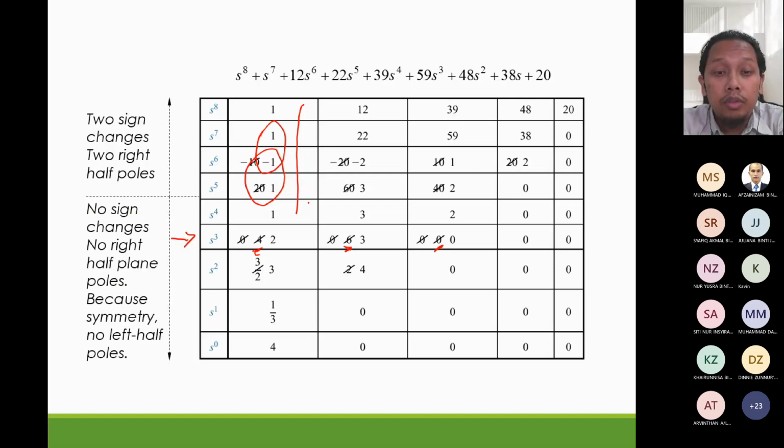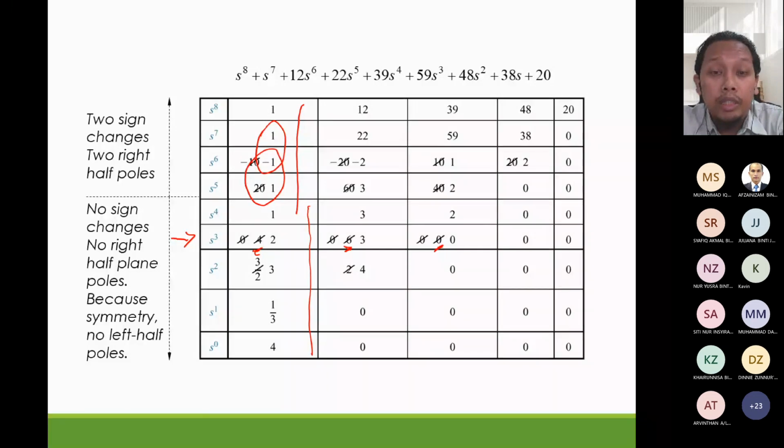And then for the remaining rows from S4 until S0, there are no sign changes. So usually this is because after you encounter 0, there will be no sign changes after the zeros row. So this is because of symmetry of the